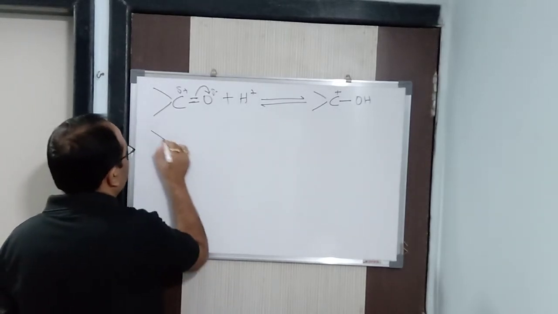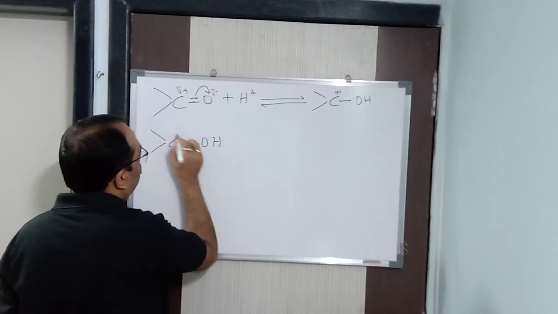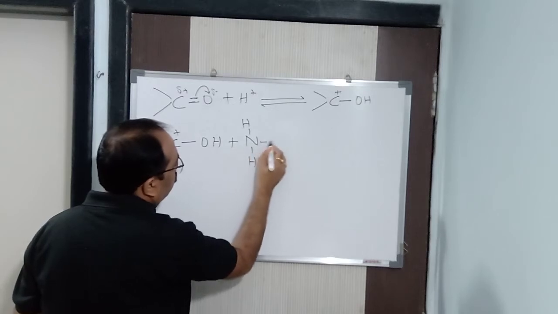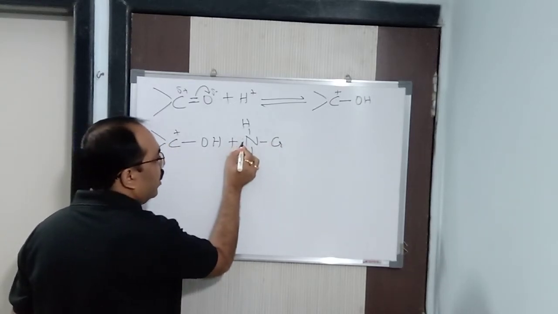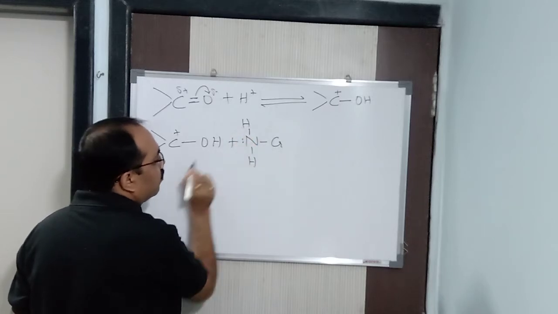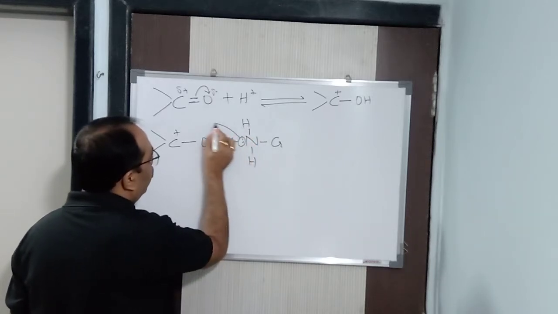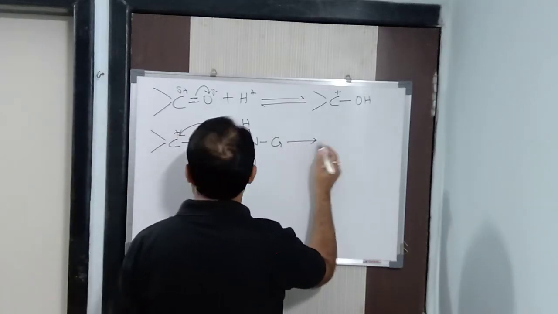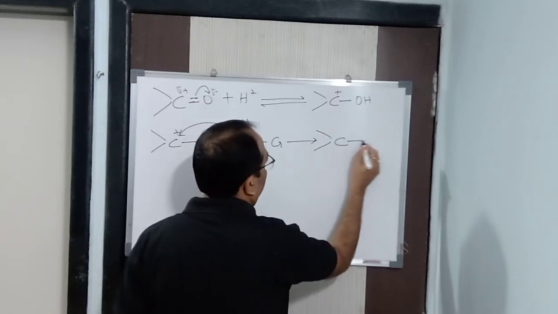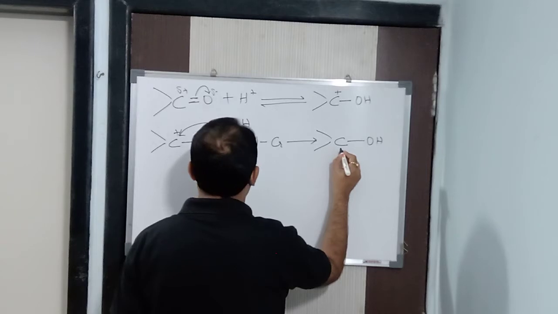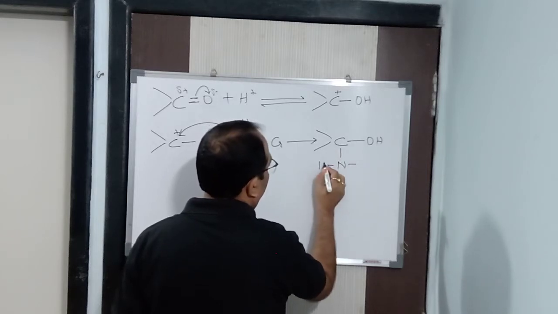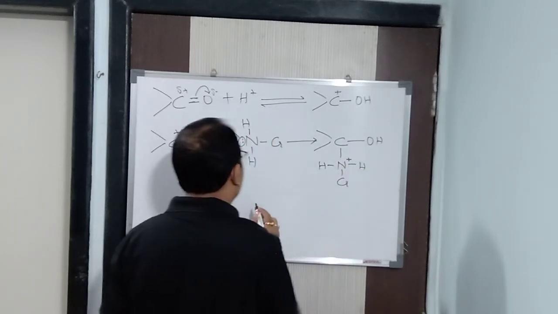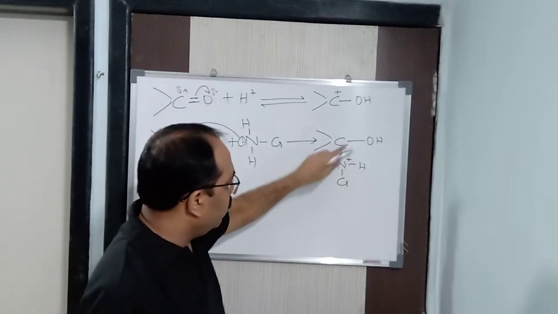Now this positive carbocation which is being formed reacts with the NH2G group. Here nitrogen has a lone pair, we know that nitrogen has 3 bonds, this is 1, 2 and 3. This lone pair will be given to this carbon atom, because carbon has a deficiency. So I am going to have the addition product, a condensation product, with N, H, H and G. Now as you can see, nitrogen has a maximum of 3 bonds, but here how many bonds? 1, 2, 3, 4. Is it stable?